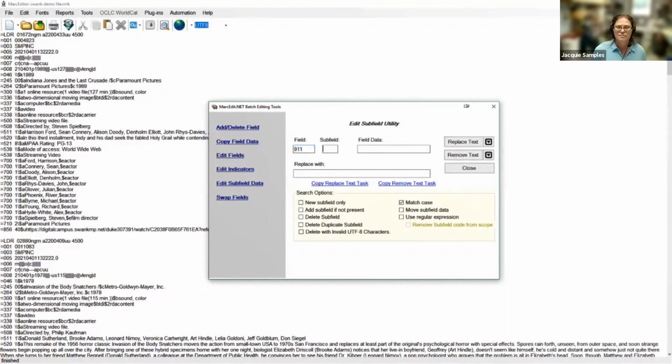Maybe I only want to get rid of a specific subfield in that data. Let's say I want to get rid of all the 521s for some reason, and I want to get rid of all the subfield A's, but only if they say the word summary.